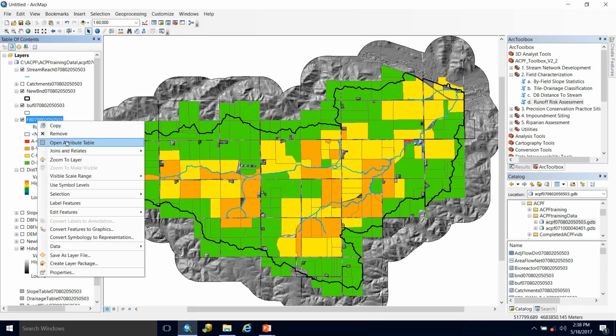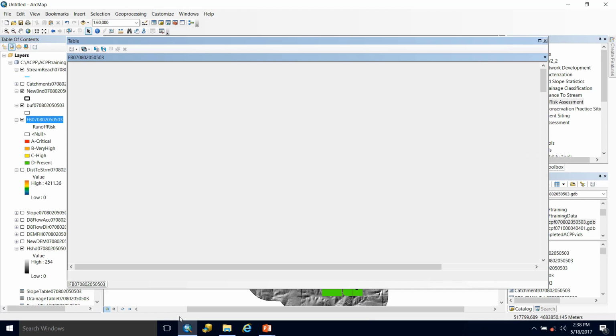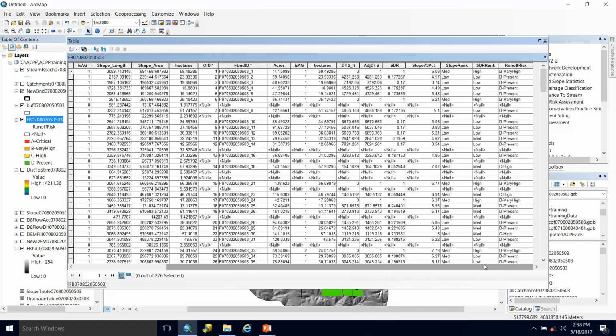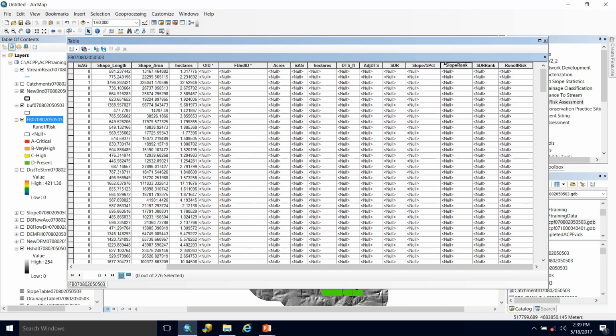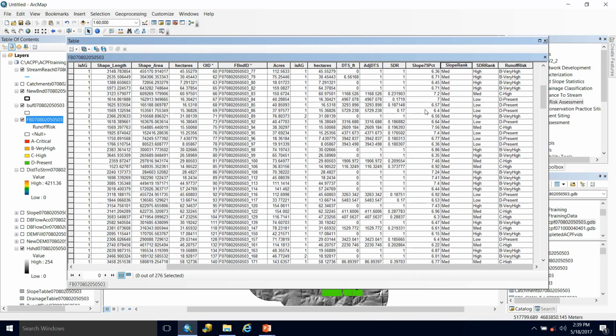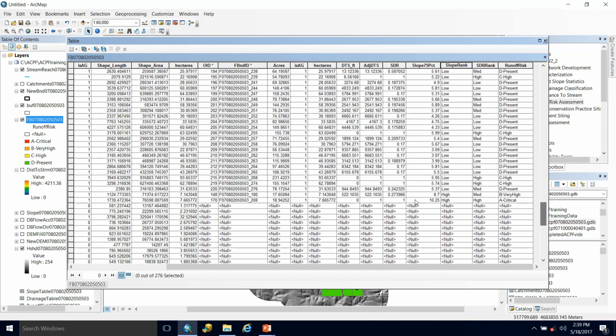If we open the attribute table again, and we slide over to look at those values joined by the runoff risk table, we can see that we actually get the individual ranks for the slope and that sediment delivery ratio. And these will have been based on those thresholds. So for the slope, I know that any 75th percentile slope that is above 6 is going to get that medium rank, where any value that's above 8 is going to get a high rank. So we have four mediums and only 2 highs, and we have one field that's 8.7 and one field that's 10.25.